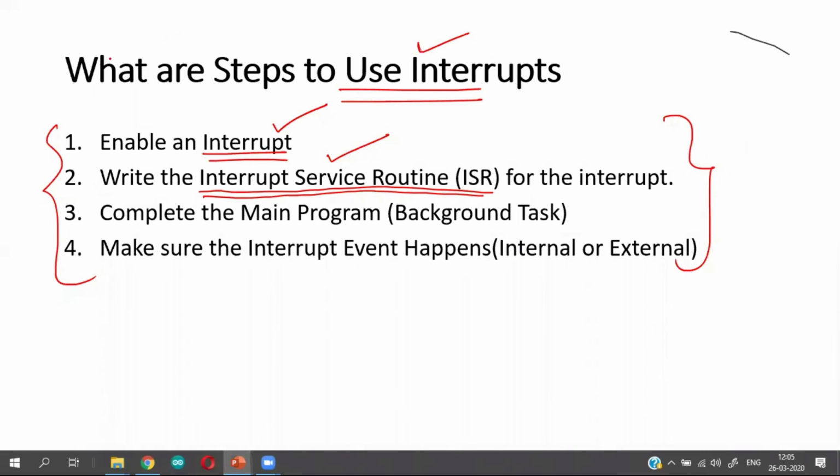Either you don't allow the Budam to come out, you don't enable the interrupt. If you don't enable the interrupt, nothing is going to happen. If you enable the interrupt, if you scratch the lamp and allow the Budam to come out, make sure that you give some job to the Budam. Otherwise, the Budam will eat you.